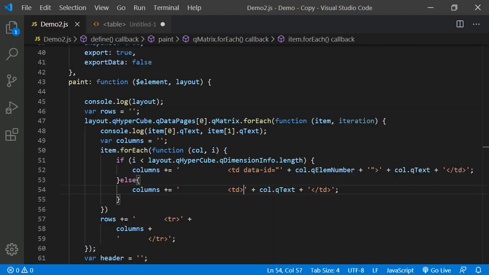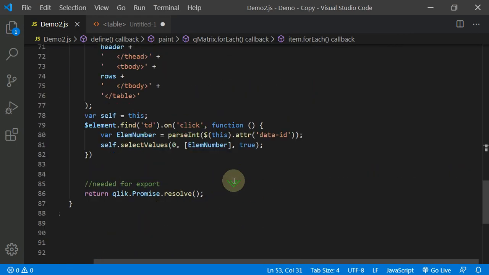So what we have done here is we have removed the attribute, but if you look at this event function, we have added this click event for all the TD elements. We are not specifically saying that add only the click event to that dimension columns. So the click event will be added for all the elements. So we need to avoid this. We need to avoid adding the click event to all the TD elements. We need to add it only for the dimensions.